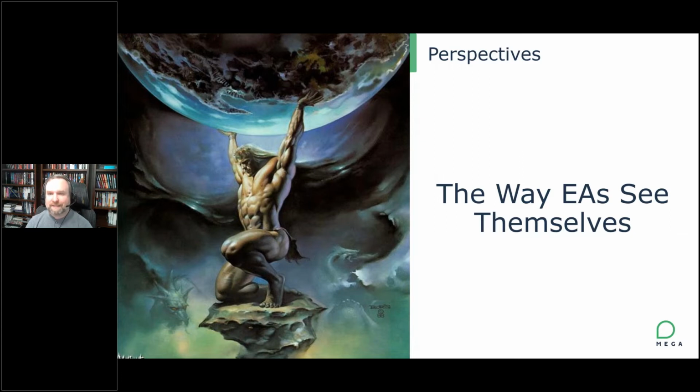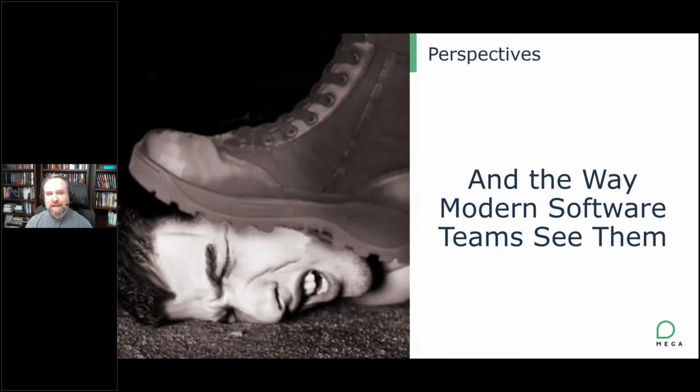Again, the perspective, not truth, but that's how they see it. Whereas, how do the software individuals look at the architects? As maybe the boot in this particular photo? Kind of a little bit slowing things down, getting in the way, trying to put too many constraints in place. And that can have a negative consequence on the transformations that the organizations are looking to achieve. So we do want to keep these perspectives in mind as we go through the transformations to be sure that we get everybody on the same page.